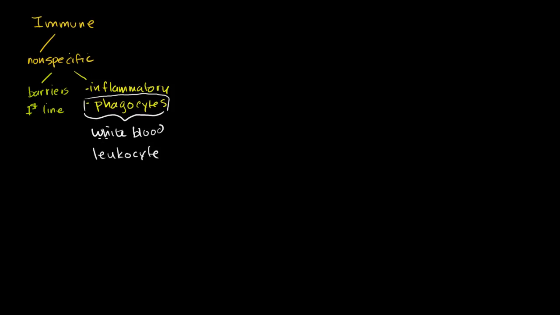Now, the really interesting thing about our immune system is that this non-specific part exists across many species and types of organisms. But the specific part is thought to be a newer adaptation. What I'm going to talk about is the specific immune system that's particular to humans. So you have your specific immune system. That's our other classification. Let me do it like that. So then you have your specific,